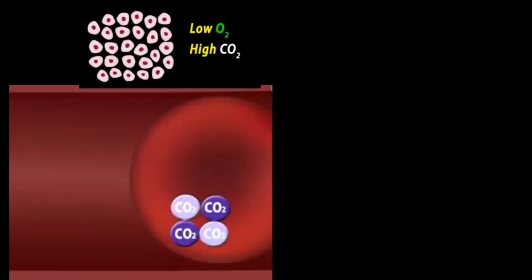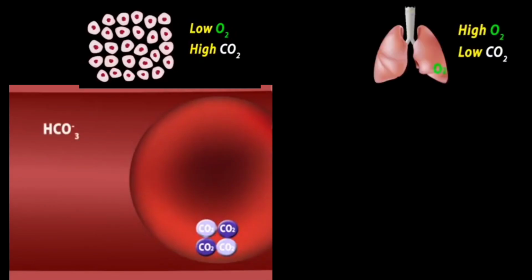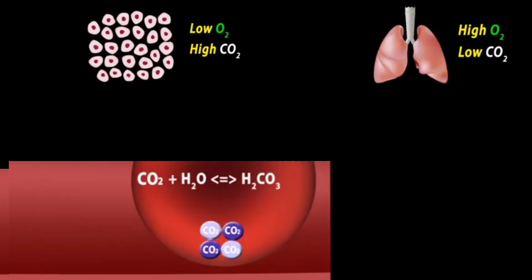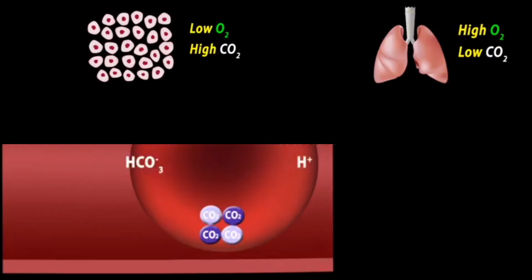The majority of carbon dioxide is transported in the blood in the form of bicarbonate ions. Conversion of carbon dioxide to carbonic acid, which dissociates into bicarbonate and hydrogen ions, is catalyzed by an enzyme present in red blood cells called carbonic anhydrase. Bicarbonate ions then diffuse out to the plasma to be exchanged for chloride ions, while hydrogen ions bind to hemoglobin